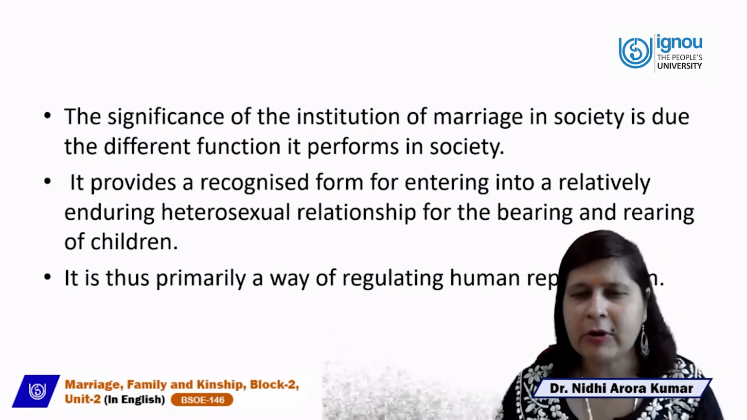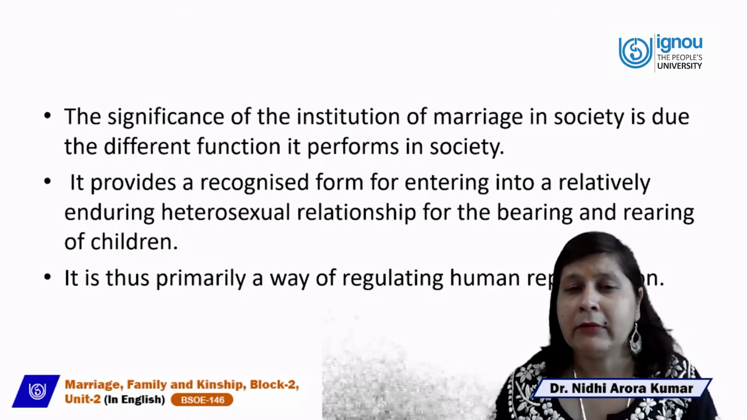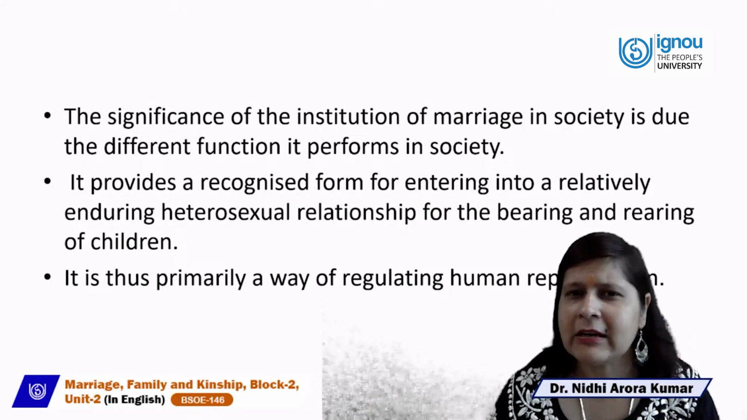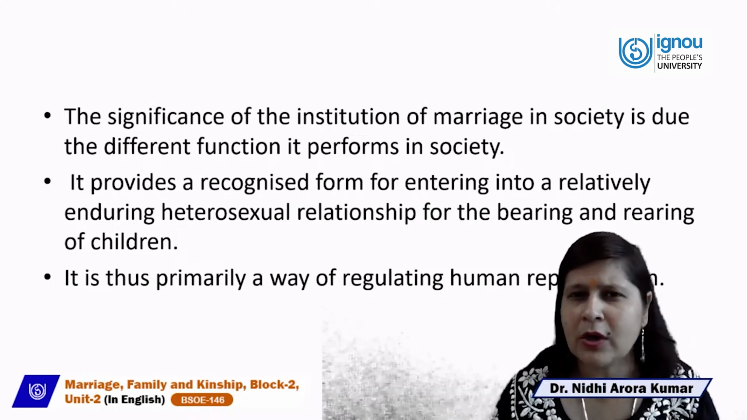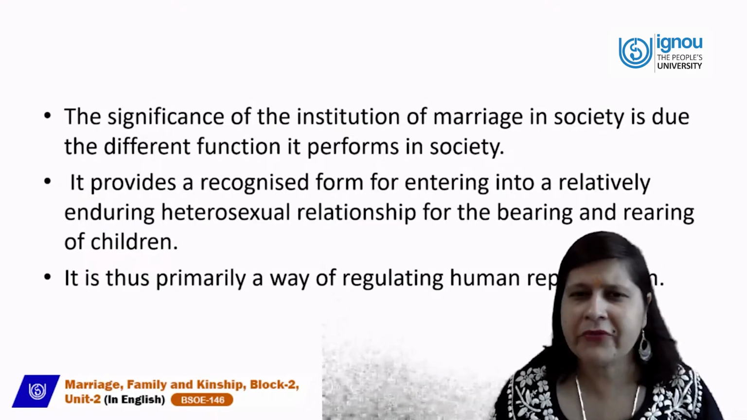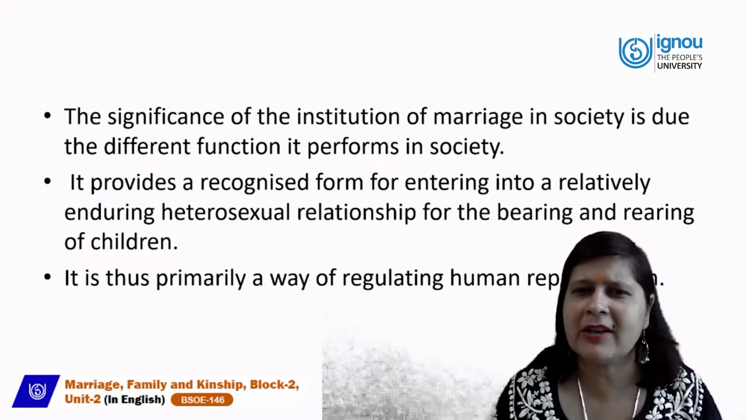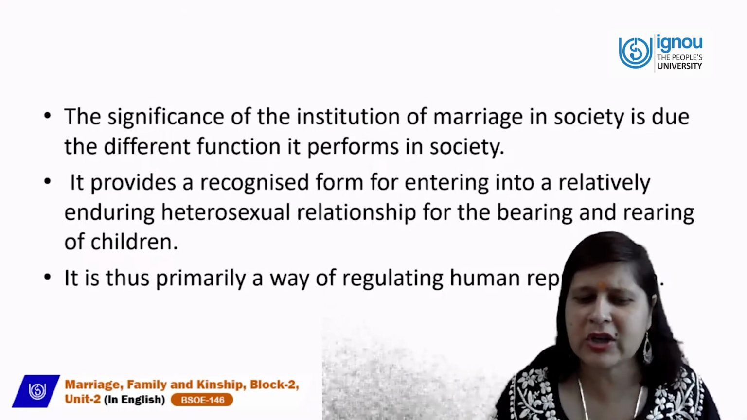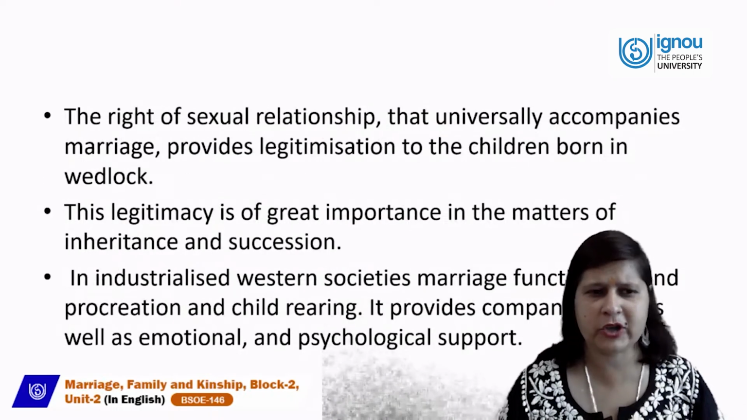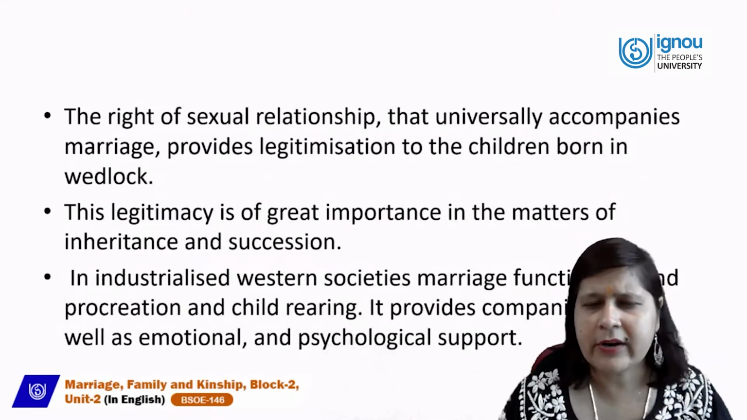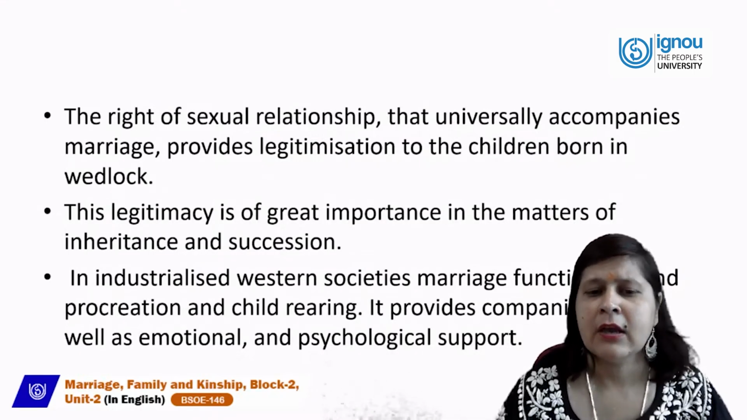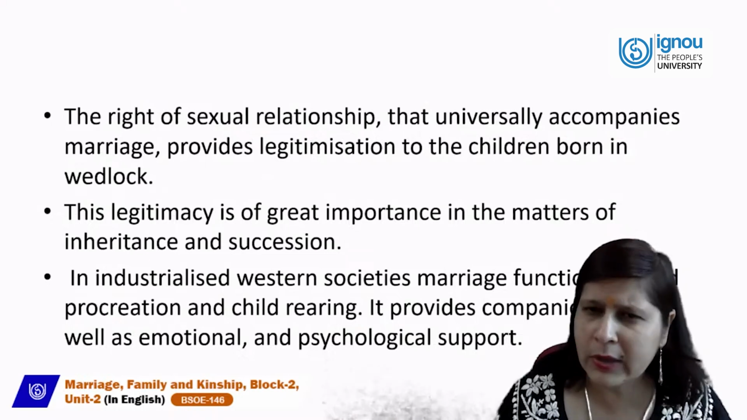Right? It regulates the human reproduction because the legitimacy of the child depends on the inheritance of the properties and other things depends on the marriage. And marriage is what? Marriage is an institution sanctioned by the customs and laws of the society. So the primary function of the marriage in this society is procreation, and it regulates the human reproduction. The rights of sexual relationships that universally accompany marriage provide the legitimation of the children born in the wedlock,